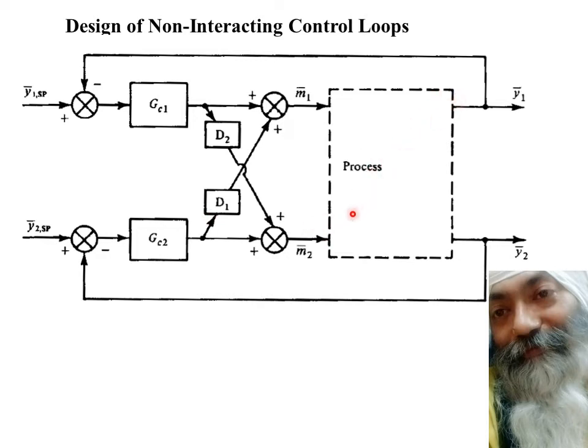The way the lower loop was trying to disturb the upper loop, we have in a way measured this disturbance, and as we used to do in feed forward control, we have designed this block D1 to mitigate, or you can say to cancel, the effect as it was supposed to happen through the process. Let us see whether it is able to cancel it out or not. This D1 is called a decoupler because it's trying to decouple the effect of the lower on the upper one.